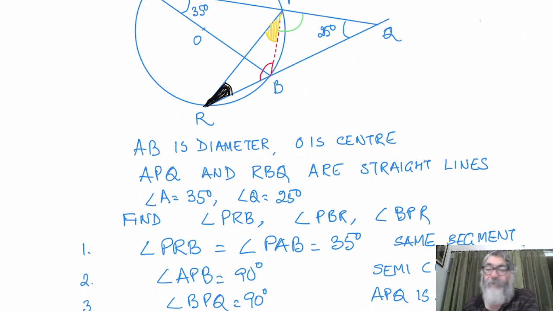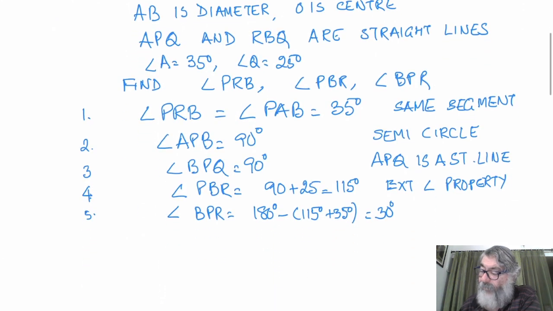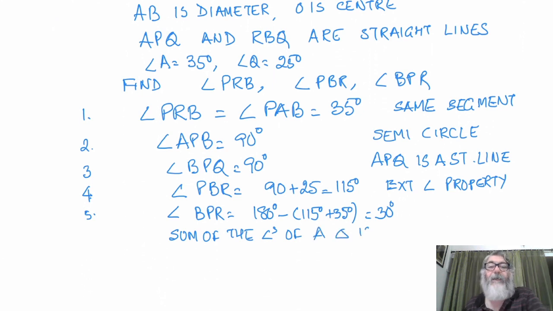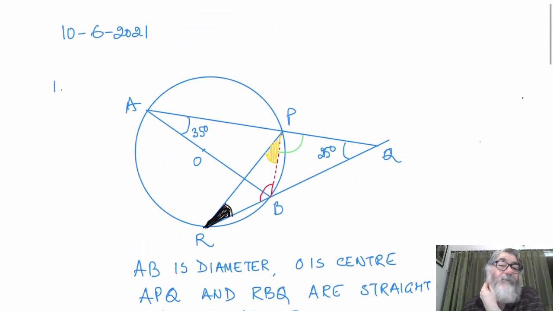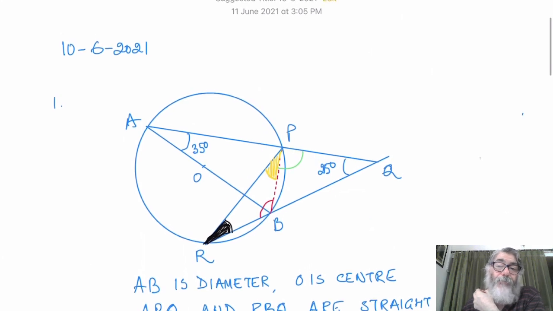This is the property of the sum of the angles of a triangle. I can write it down here because I don't have the space. The sum of the interior angles of a triangle is 180 degrees. So we have got all the three angles. We have indicated the angles with the help of colors for your benefit.